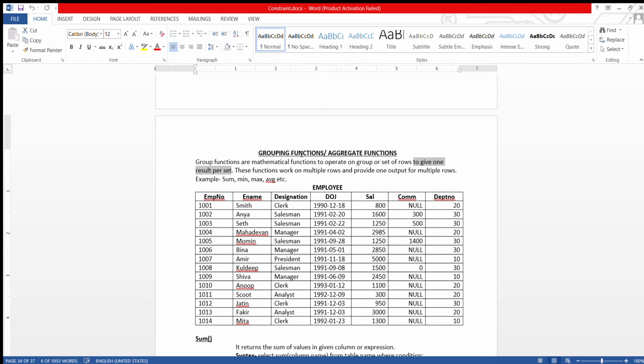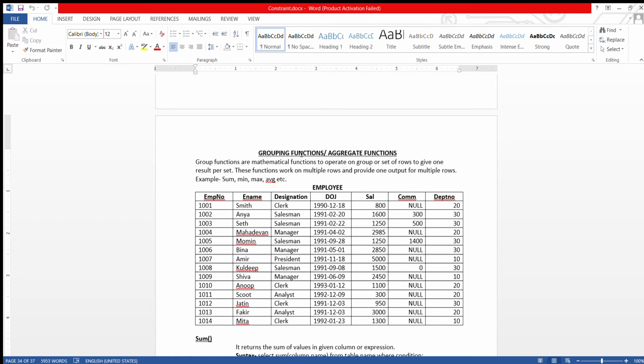These functions work on multiple rows and provide one output. It just combines multiple rows and gives one output.